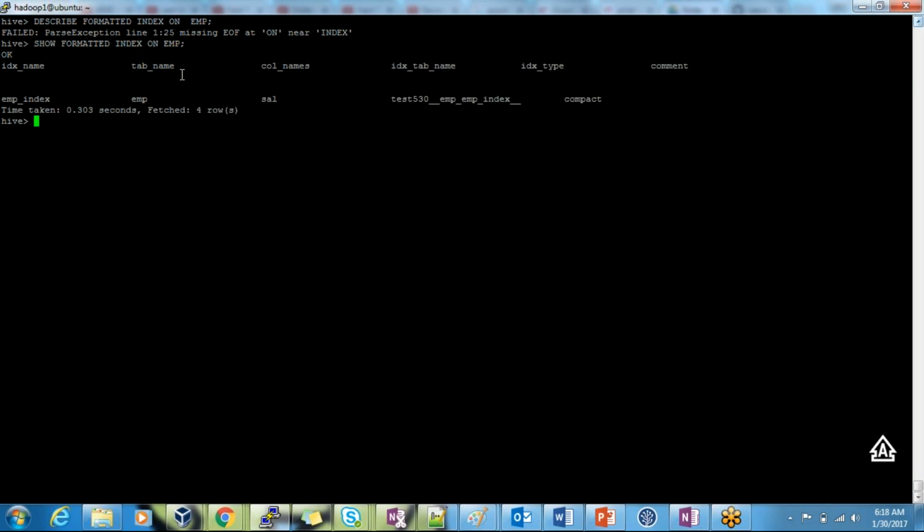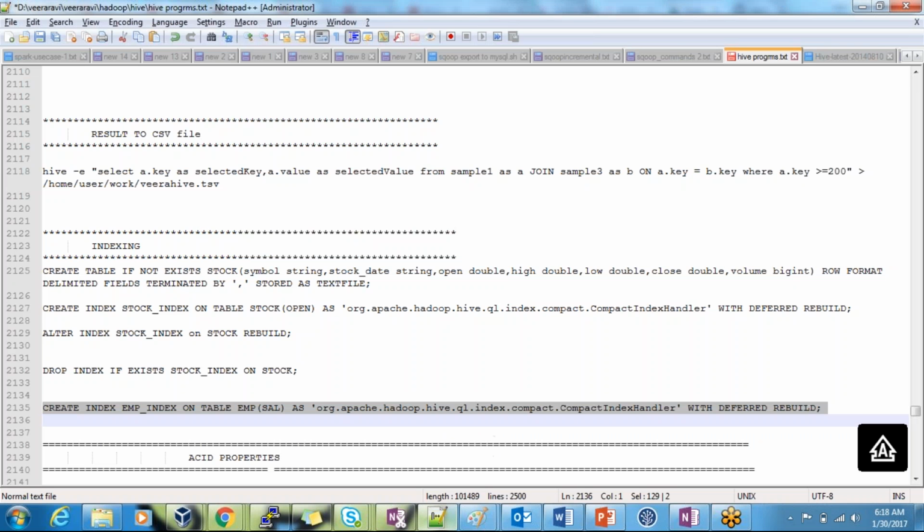So what is the index you are using, which table and which column is indexed, the indexed table name, and what is the type of index it is. Is it a compact index or a bitmap index? The same way we can also create a bitmap index. So for the bitmap index,